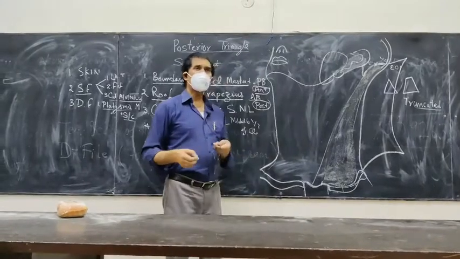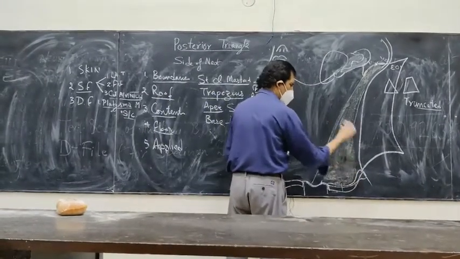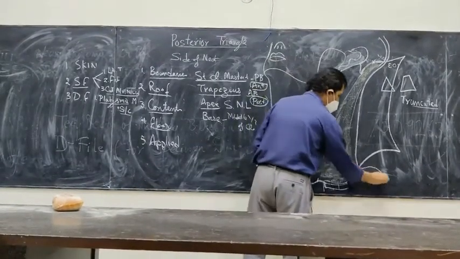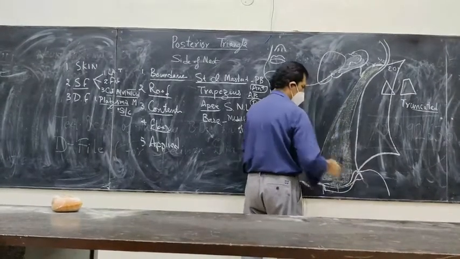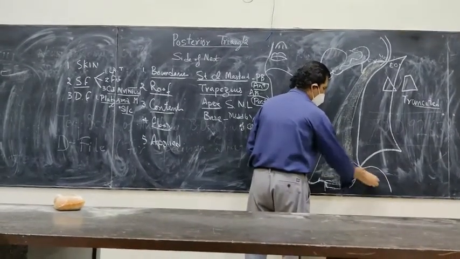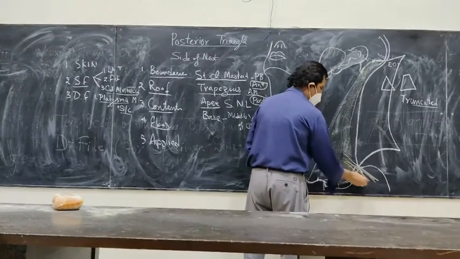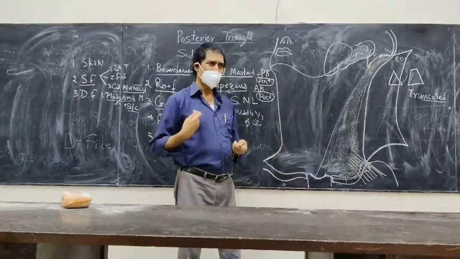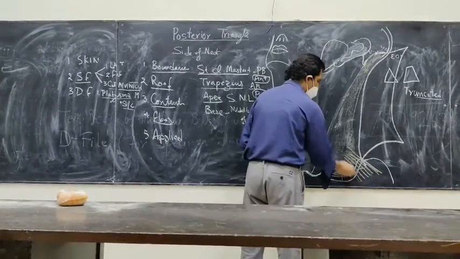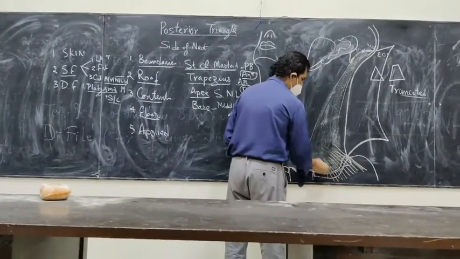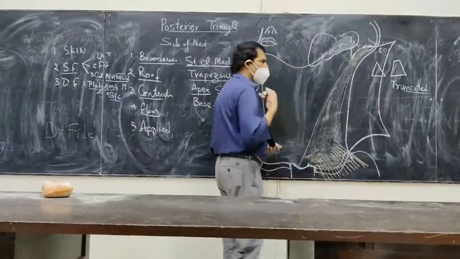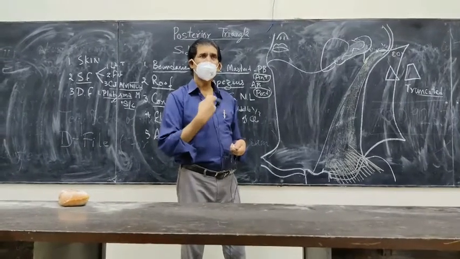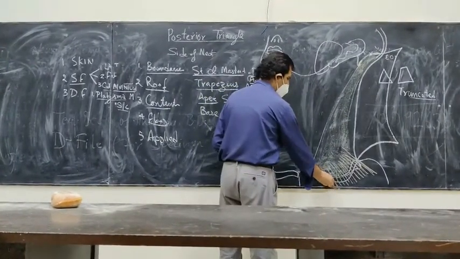So the origin of this platysma muscle, from below upward, is from the deep fascia covering the deltoid muscle that we have done in the upper limb, covered by the deep fascia. Then the second origin is the deep fascia covering the pectoralis major muscle. Near the sternum, it takes origin from the deep fascia covering the second rib near the sternal angle. So that three-point origin you have to write down.